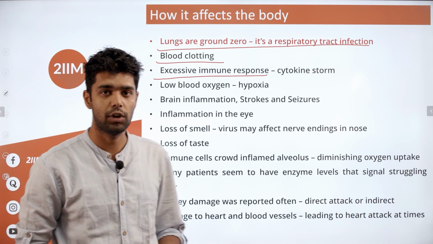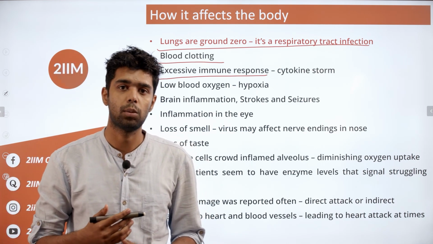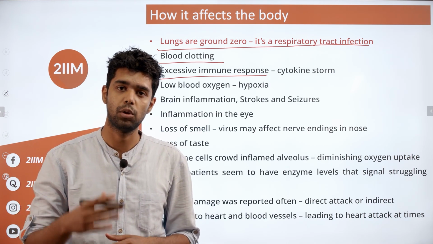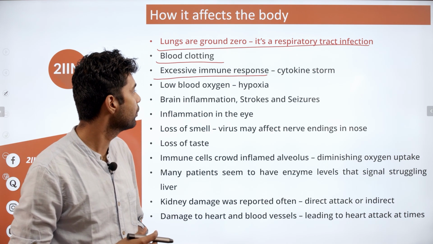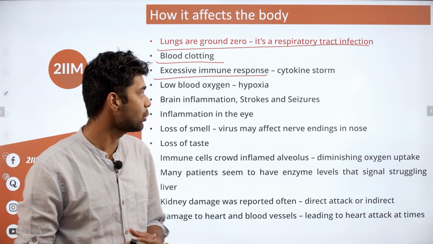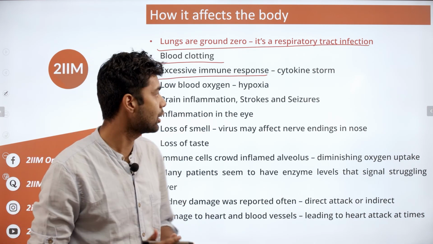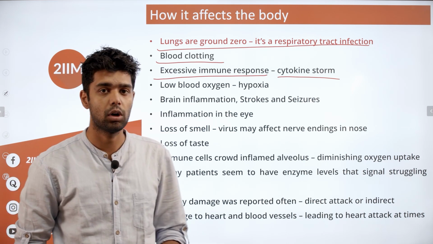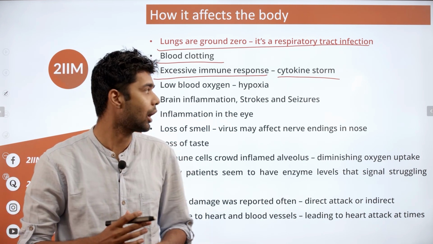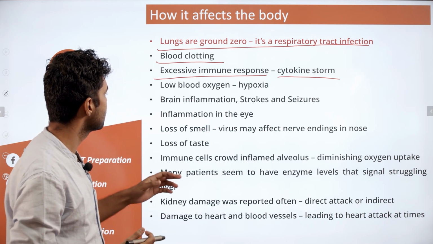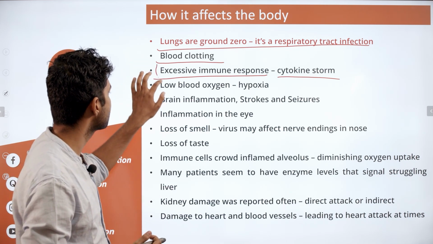So initially, the first stage of the virus coming into your body is that it infects some of the cells, it quickly multiplies itself, and the immune system is deployed by your body, and it has its effect. But in the process of destroying the virus, the immune system might actually overreact. So that is referred to as cytokine storm. Cytokine is one particular molecule that is more like a signaling mechanism to bring in more immune response. So that is about excessive immune response. Excessive immune response might actually